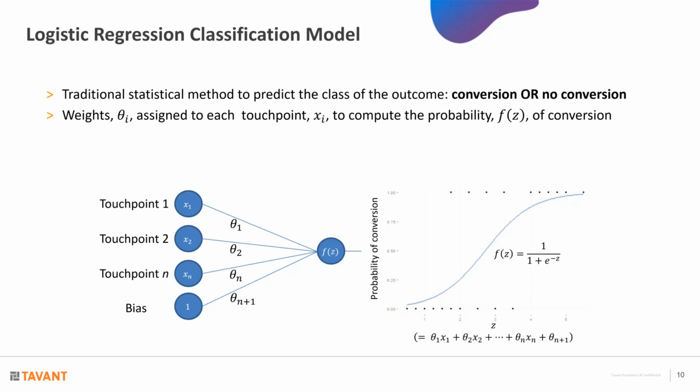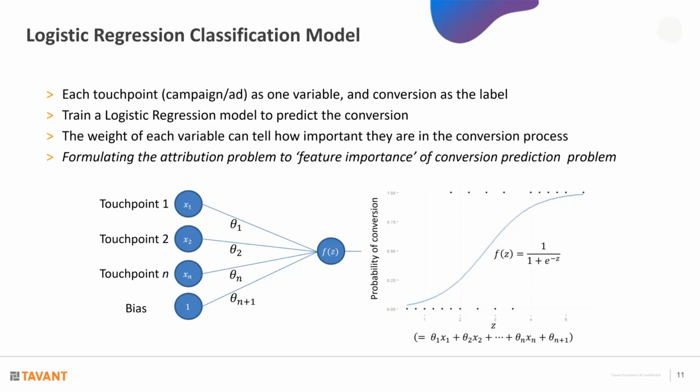So if we use the concept of logistic regression for classification, but use the touch points as the input data, and the label, the output, being the classification of conversion or no conversion, then using the touch points input and the conversion labels, we can train the model, and the value of the weights that we come up with will give you the indication of the attribution for each of those touch points or each of those channels.